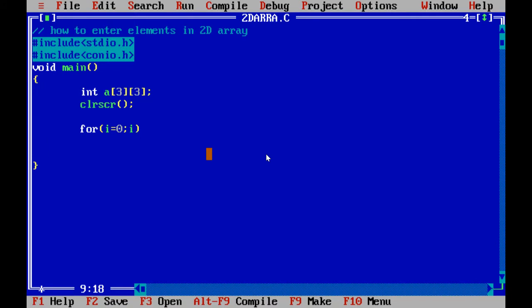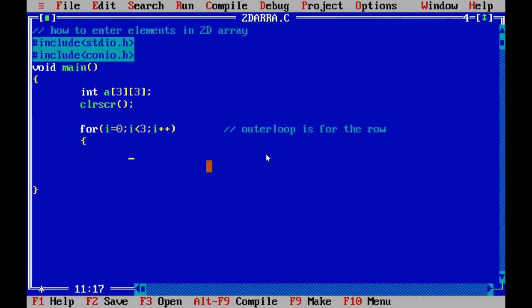So here total I have 3 rows, so this is my row, i less than 3 and i plus plus. So this outer loop is for the row, right?